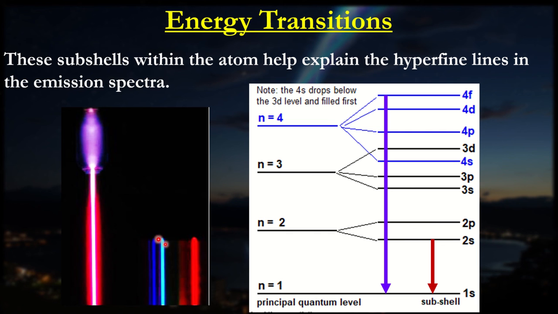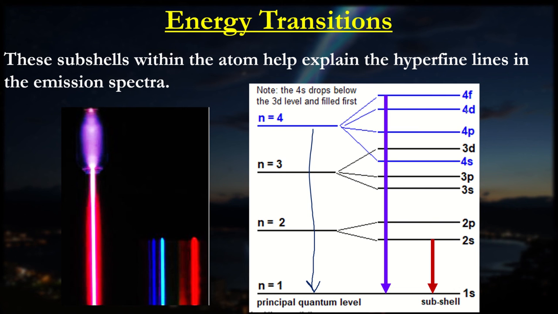So this is the main spectral lines, but then we had all these little faint clusters. Now the reason why these clusters existed was because the transitions could be from different subshells. So we could have a transition from level 4 to level 1, for example here. Now what's actually happening is, instead of having it come from one specific part of level 4 or just from level 4 down like so,